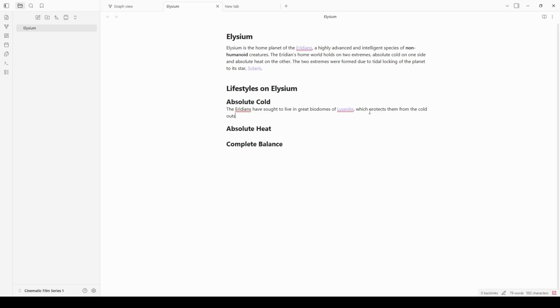From the cold outside and warms them with the release of heat on the inside. And then I guess we can write that Iridians who live on the absolute cold are known as the, and then we can actually